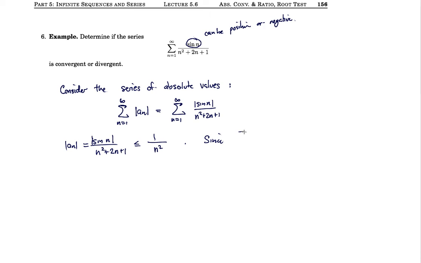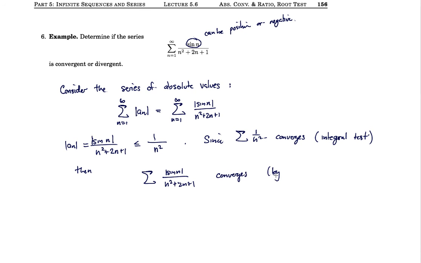And since the sum of 1 over n squared converges, that was a p-series with p equals 2, and we could get convergence, of course, by using the integral test, then the sum of the absolute values of our original series converges. And this is by the comparison test. Okay, so our series of positive terms converges, but that means then, that implies that